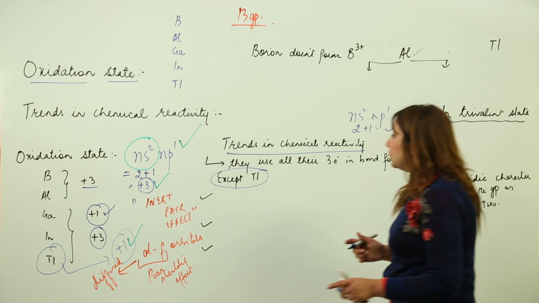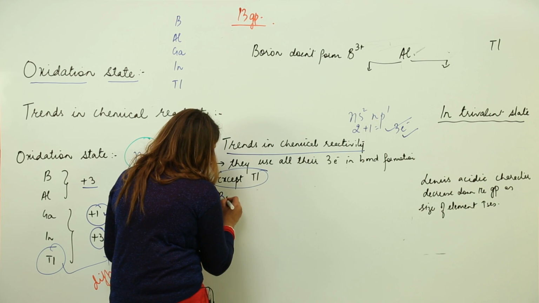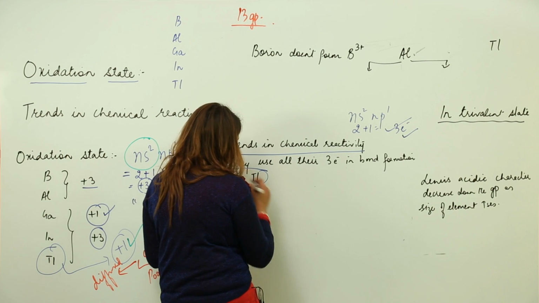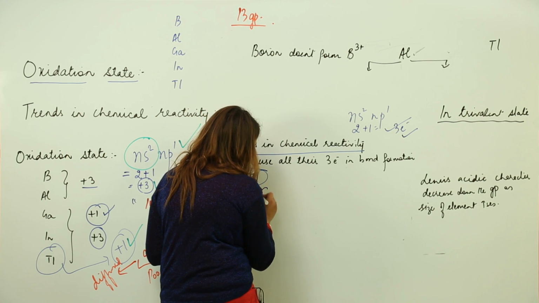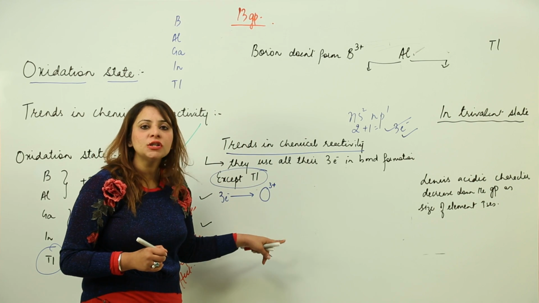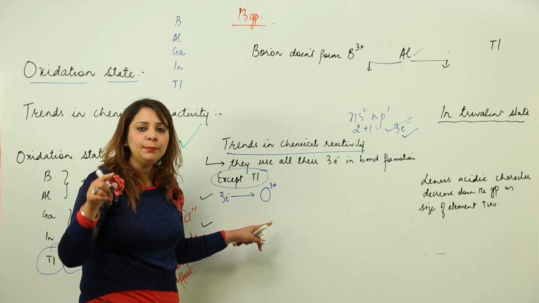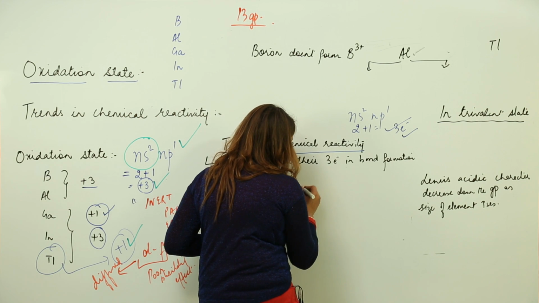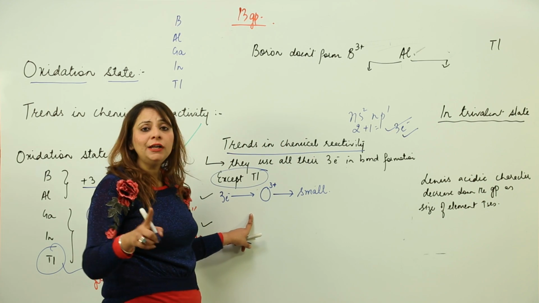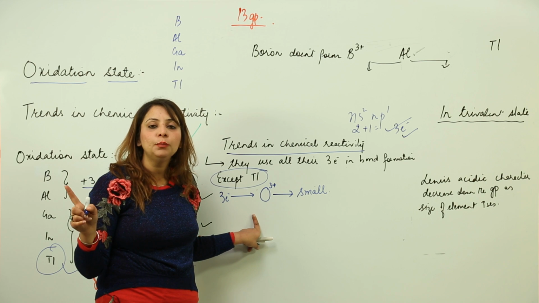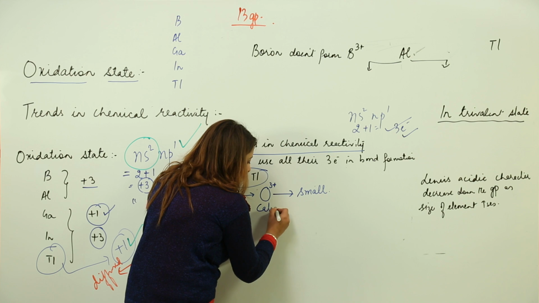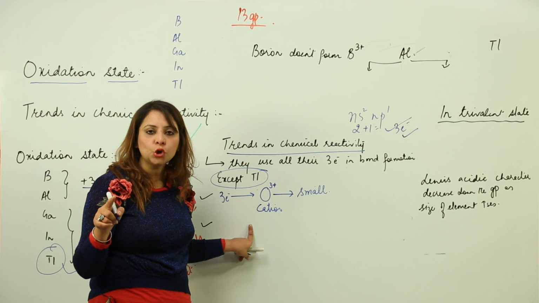The reason is that when they make use of 3 electrons, they form an ion with 3 positive charge, right? When they become charged with 3 positive, they become very small. According to Fajan's rule, which we did in chemical bonding, the smaller the size of the cation, and it is a cation because an atom with positive charge is called a cation,